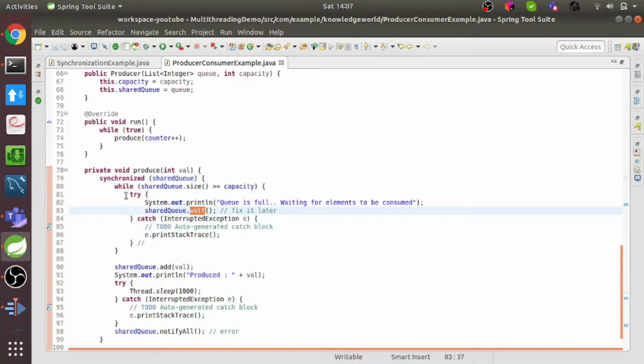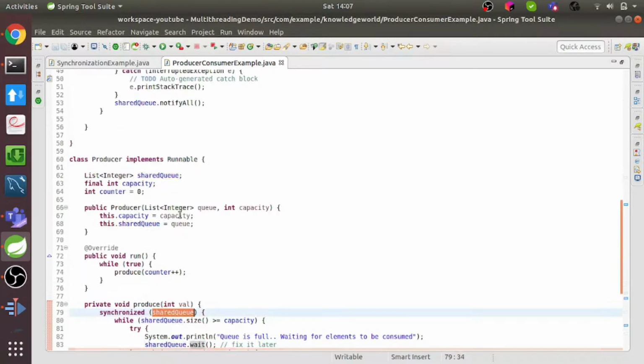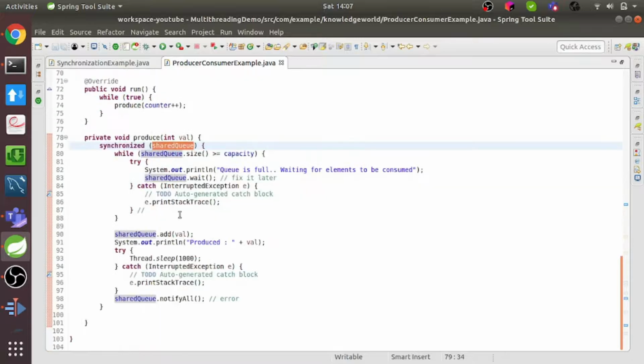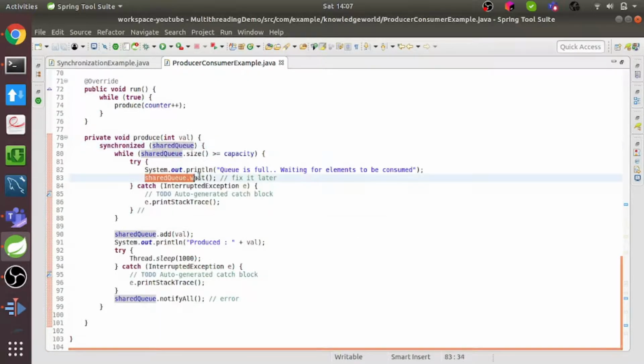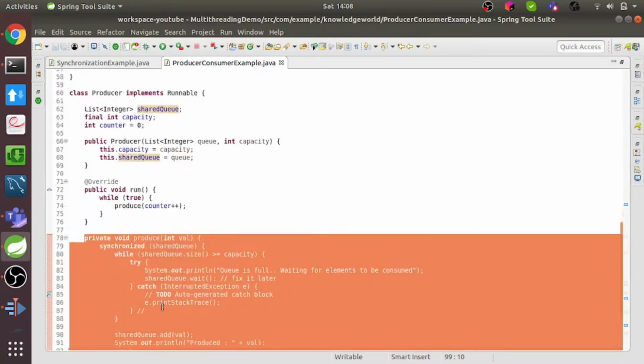So now the complete code is synchronized over this object which is shared between these two threads. That's why these threads are synchronized. We have told all the producer threads, the current thread which is accessing, to wait over the shared queue object, and here we have told the other threads which are waiting, basically the consumer threads, to wake up as soon as this producer thread is complete.